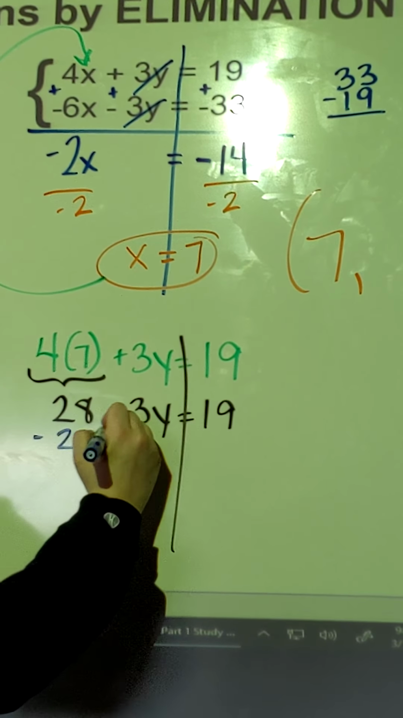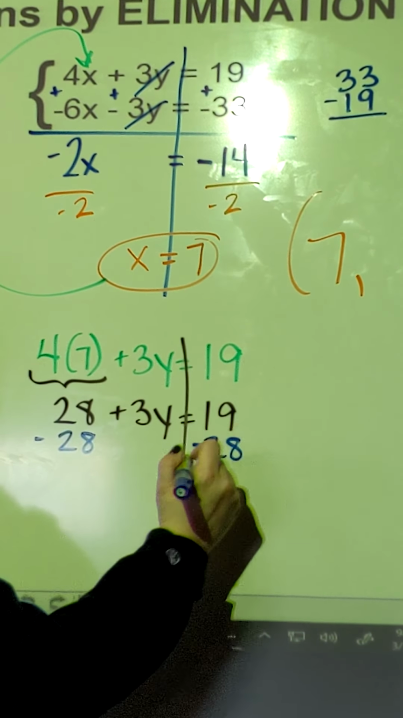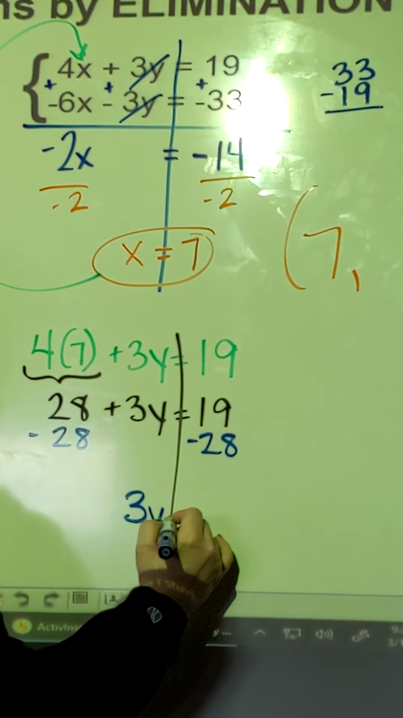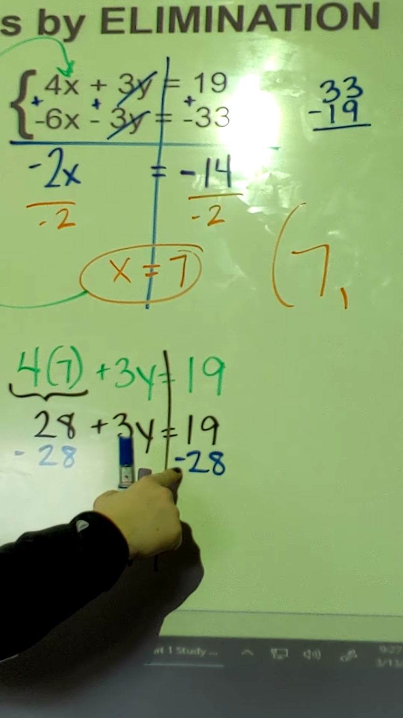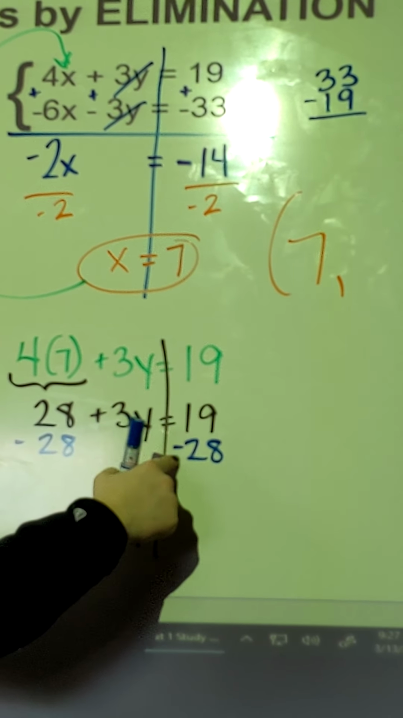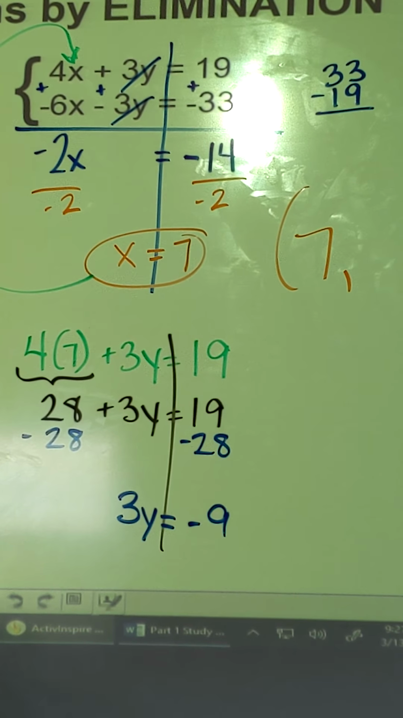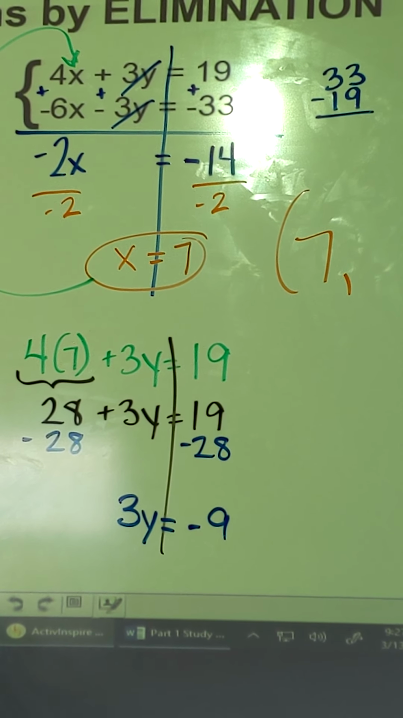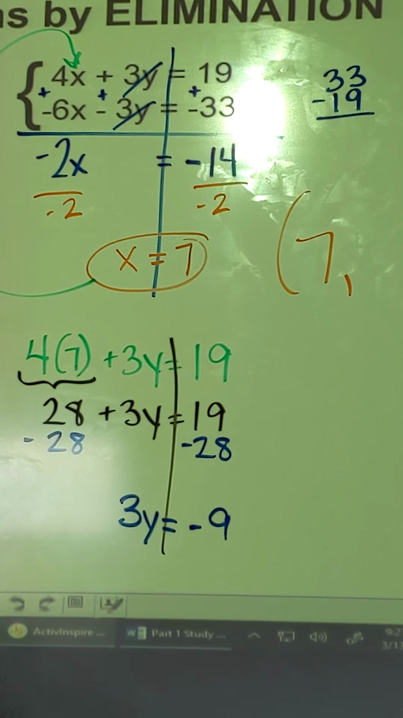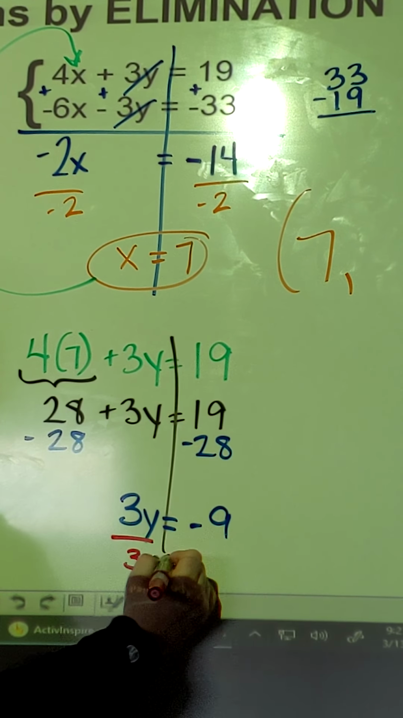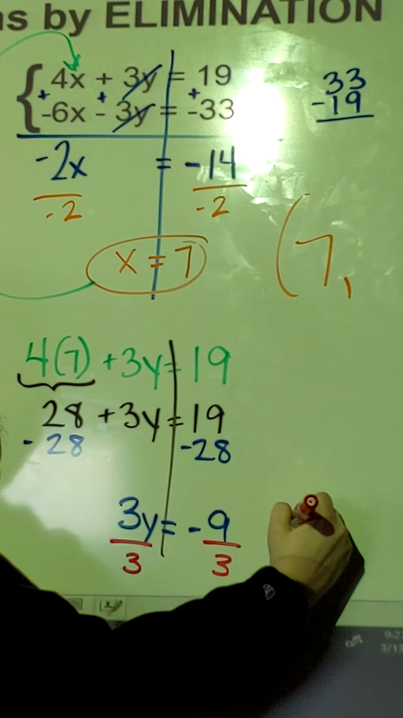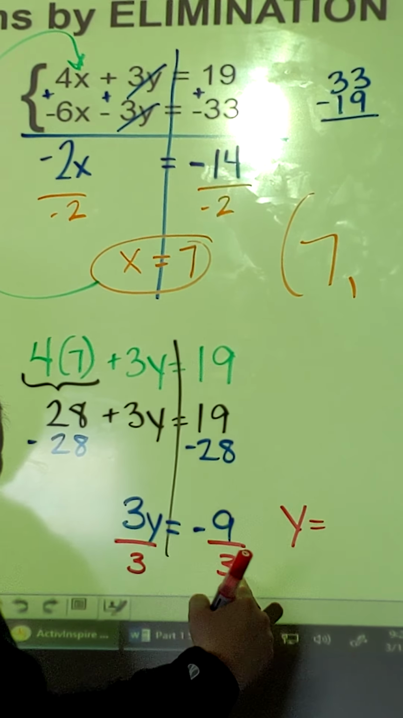Subtract 28. The bigger number is negative. I need the difference between 19 and 28, which is negative 9. Y would equal negative 9 divided by 3